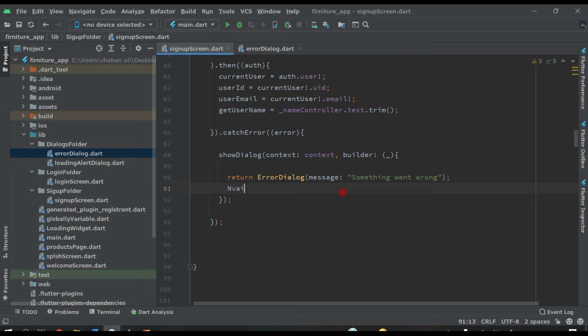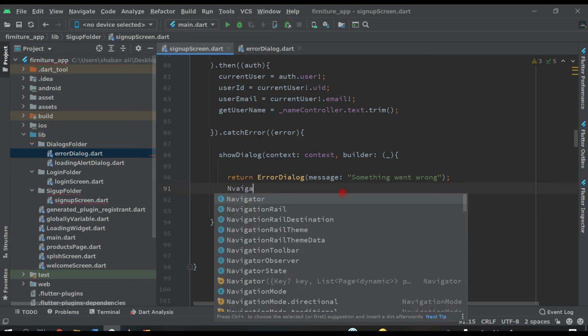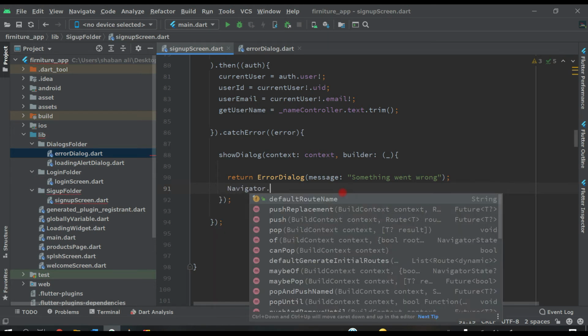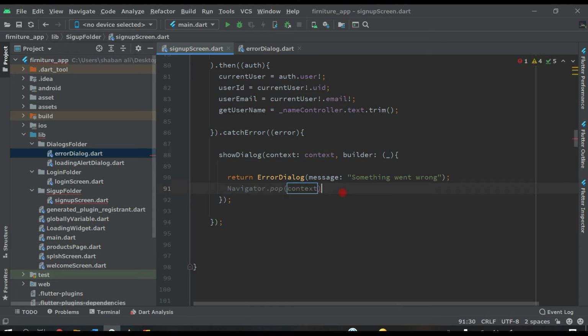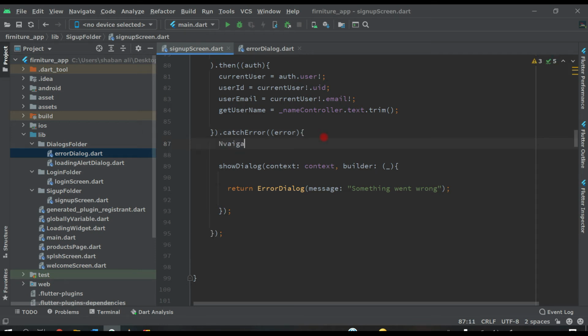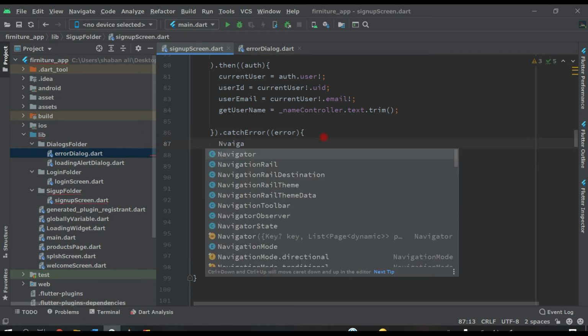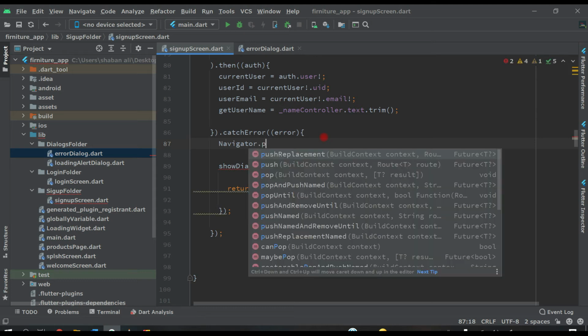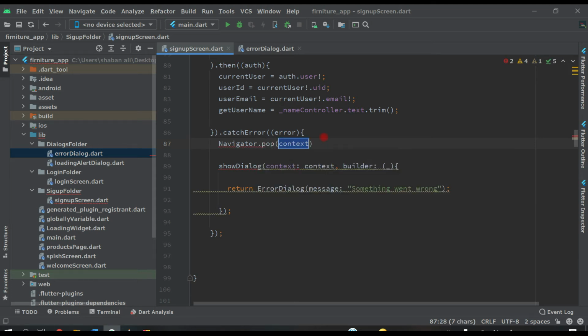And after this, Navigator.pop(context), so that our application will return to the same page. Sorry, not here, remove this. Right here, Navigator.pop(context), like this.